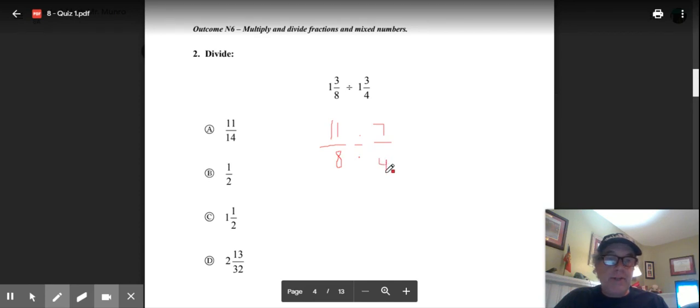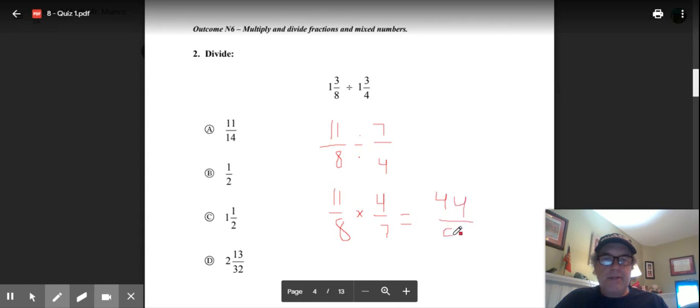Dividing fractions is very difficult because you're taking this amount and dividing, so it's much easier to do multiplication, which is your KFC: keep, flip, change. So now you've got 44